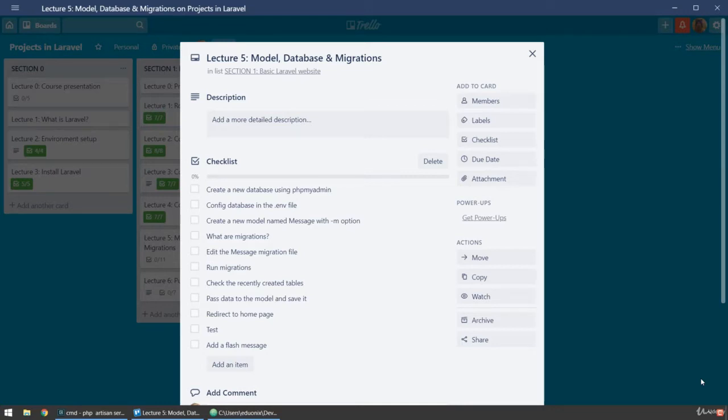Okay, so we're going to create a new database, configure it in our env file. We're going to create a new model. We're going to see what are migrations and run migrations, and of course we're going to save the message sent by the user, and finally we're going to add a message so the user knows that the message was sent successfully. Okay,